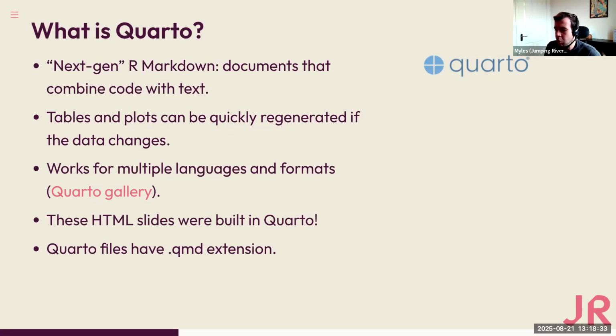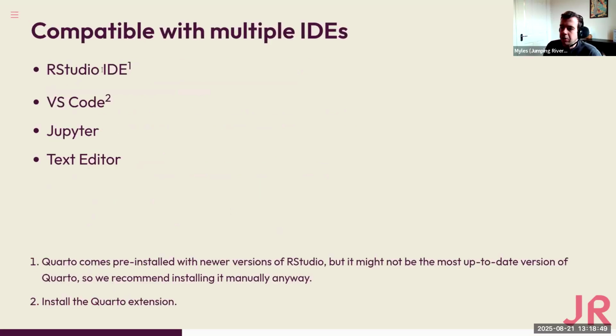So how does it actually work? A Quarto file is basically just a plain text file which has a QMD extension. To download it, you can go to quarto.org, and this has the instructions for downloading Quarto. If you already have RStudio installed, chances are you'll already have Quarto installed, because recent versions of RStudio come with Quarto by default. So if you open RStudio on your computer, you'll probably find that you've already got the option to create a Quarto file, and then to render that file. If you have an older version of RStudio, then you might not have that installed. So you might just want to update your current version of RStudio in that case.